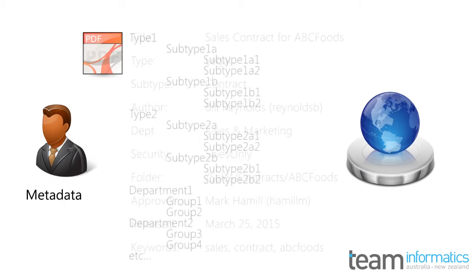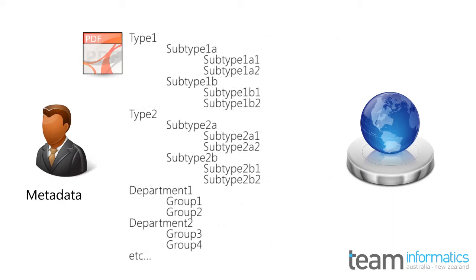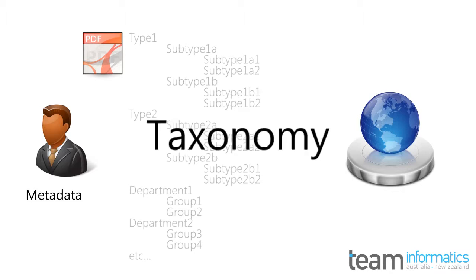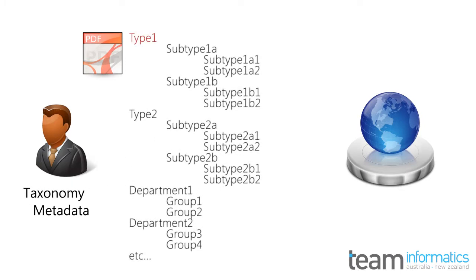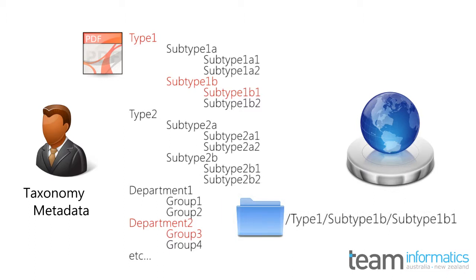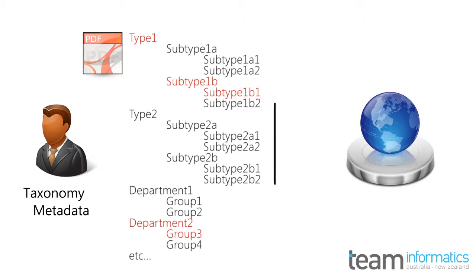Now, metadata has traditionally been organized along hierarchical lines. This tiered system of values is referred to as a taxonomy. The user perhaps classifies the document using metadata attributes like type, a subtype, a business classification, and several other tiered or standalone values. Often, the content is also placed into a hierarchical folder structure. This is done in an attempt to inherit metadata and simplify users' browsing for items. This model is considered two-dimensional in that there is height and there is width, but there is no depth.